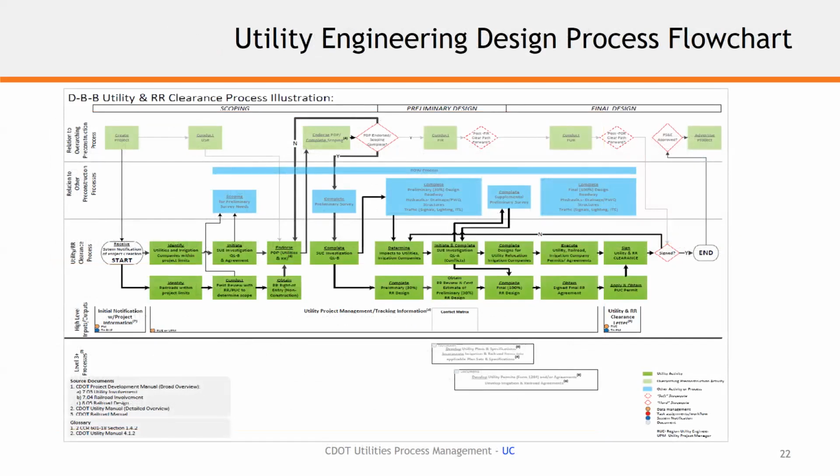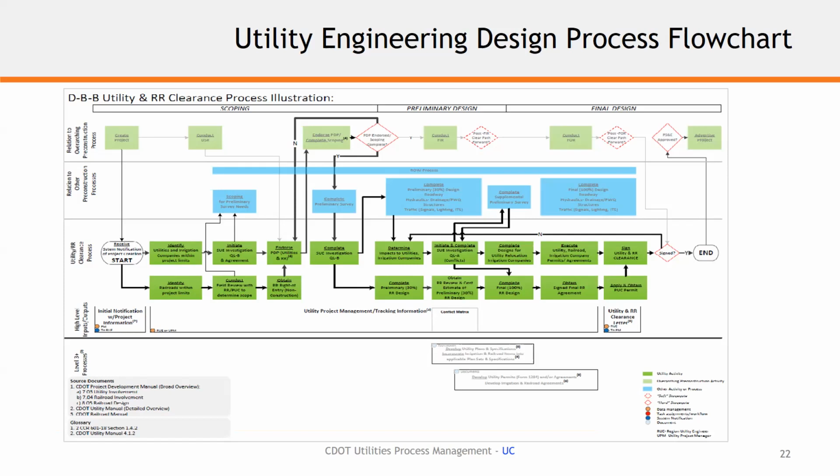Also part of the new world of CDOT non-track and project development plans is this design process flowchart that will be in the on-track system to try to track where we're at in the process for utilities. So there is a path there that starts with utilities. It's hard to see on this, but this is a handout that is part of Module 2, handout number 3, and it's labeled the on-track utility railroad clearance process. So please review this, because it does have a track for utilities and it also has one for railroad,